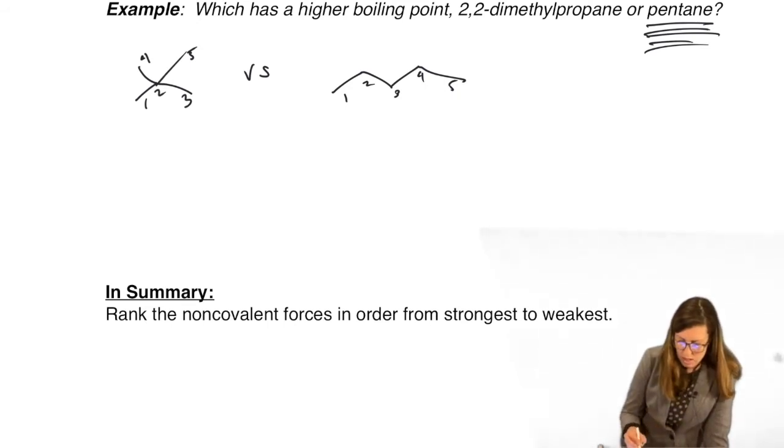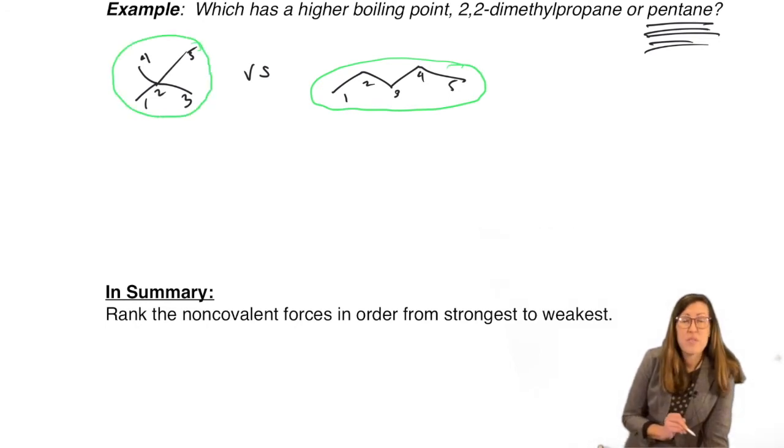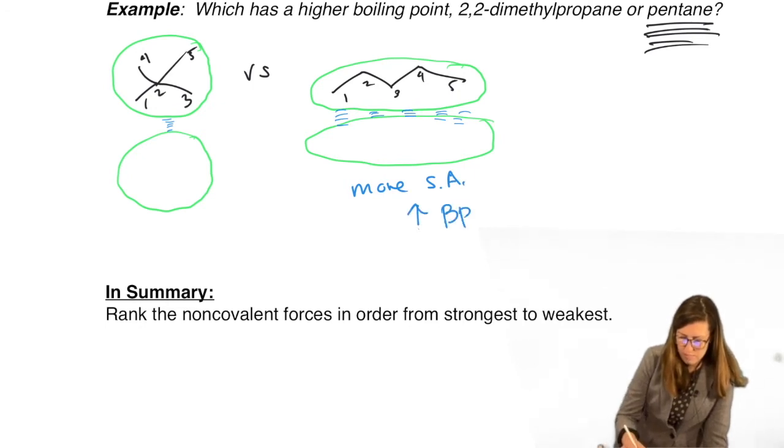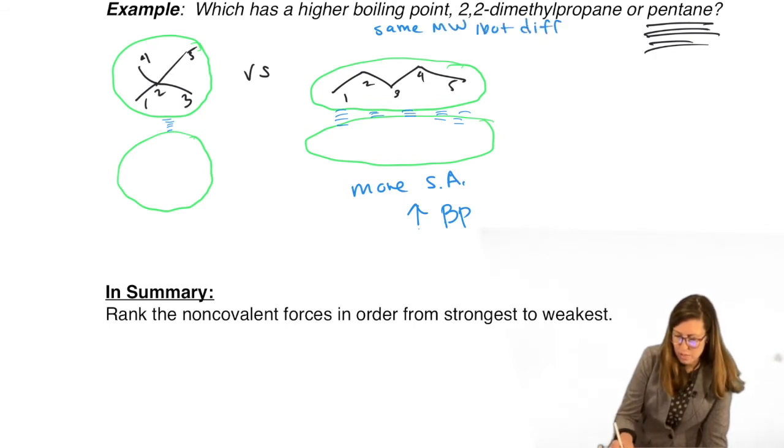So let's just pictorially represent the surface area. This is roughly spherical. This is like a big, long oval. So let's draw a neighbor for this one. Spheres, by definition, interact at one point, whereas big, long ovals can have multiple contact points. So more surface area means this has a higher boiling point. So when you're doing these problems, watch out for differences in molecular weight or surface area.